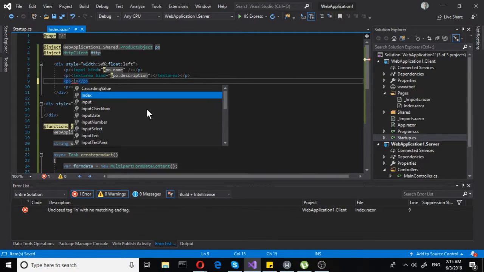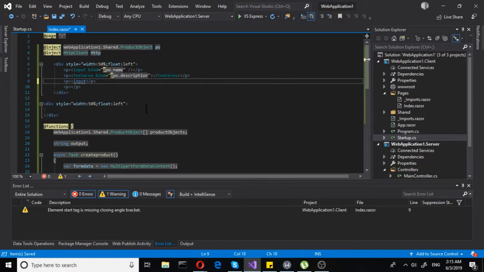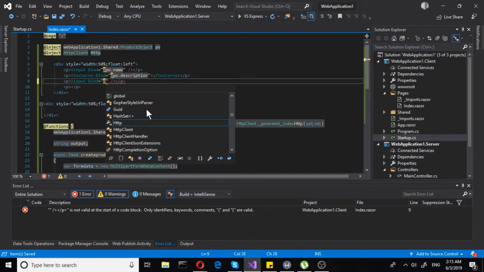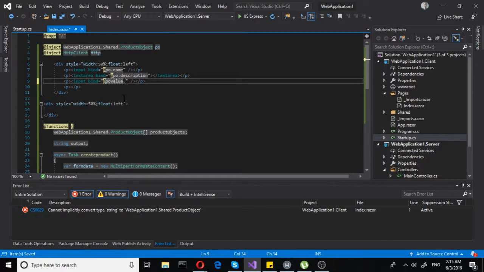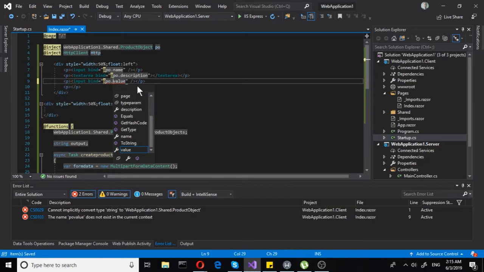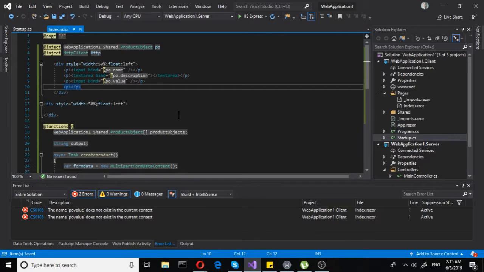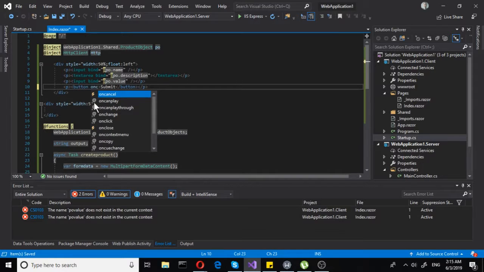So let's do an input, index input, and then let's do bind at po, and then the value. See, it doesn't work well at all. Okay, we have the value, all those bindings we have. Now we just need a button which will actually create the stuff. So let's do submit like that, and let's do on click